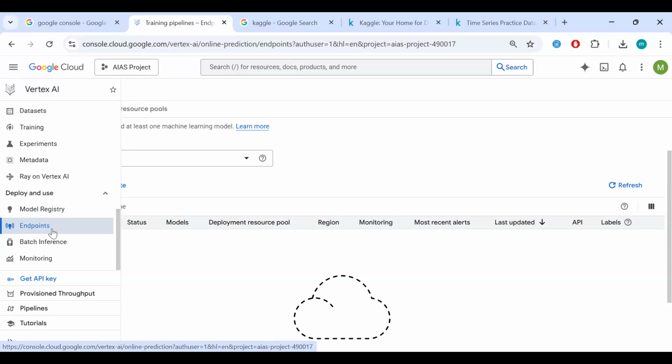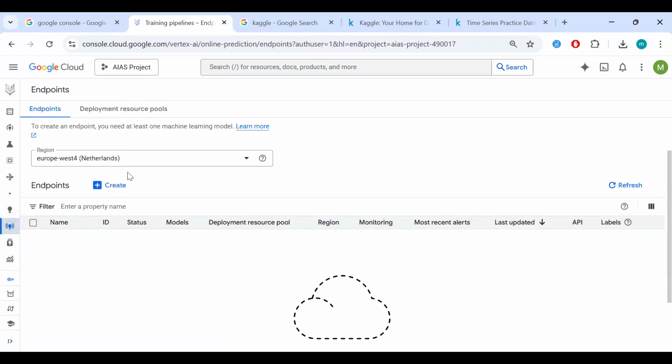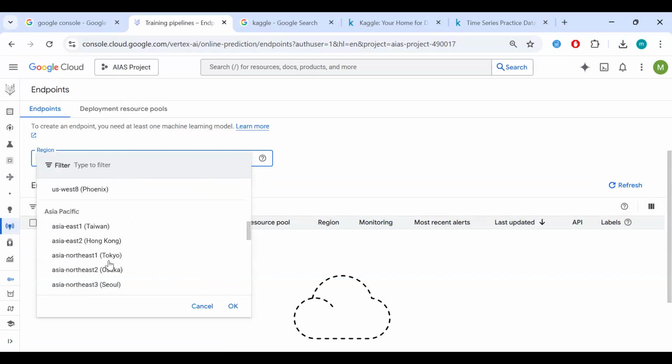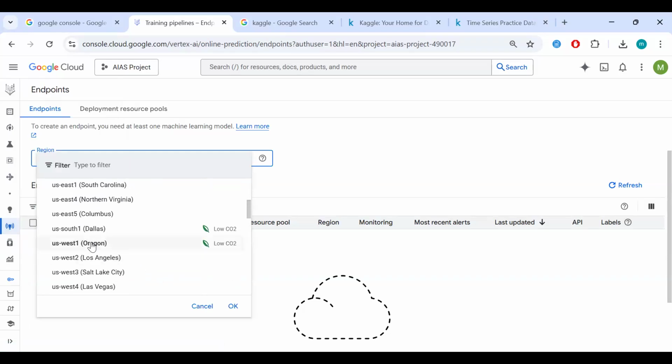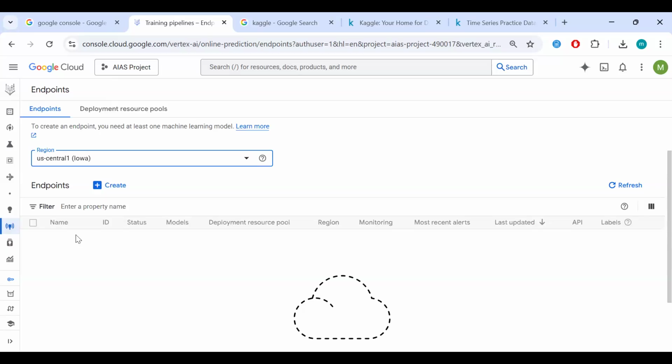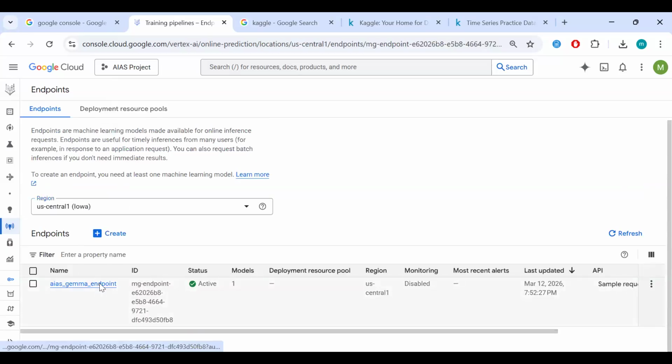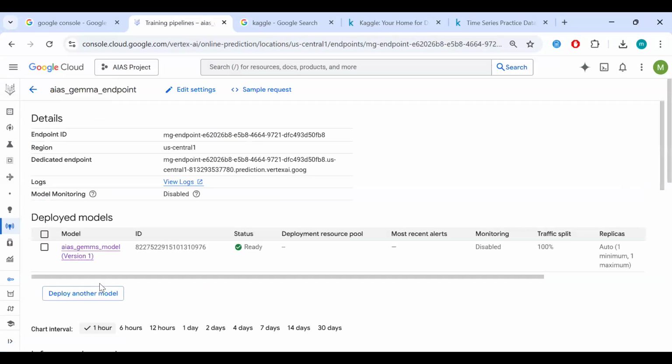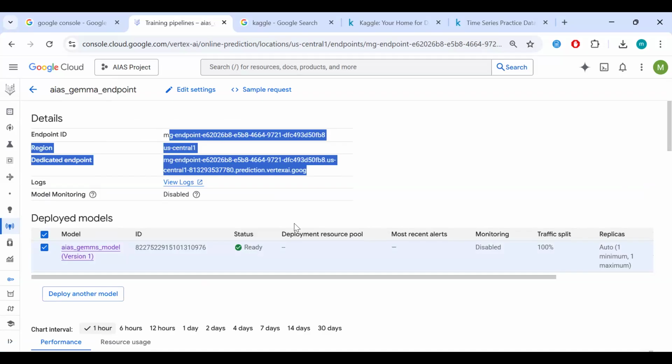So now that we've looked at the sidebar, we're going to interact with our deployed model. So we go to our model endpoint and find our model. All right, then we see this is our model, this is the model endpoint. Now to interact with our model, we're going to need this information: the model endpoint, the region, and so on, right?